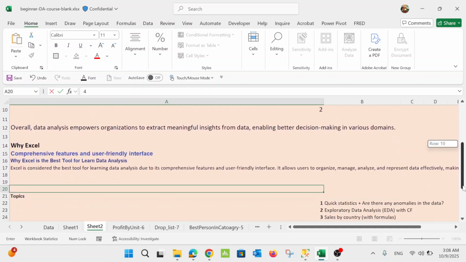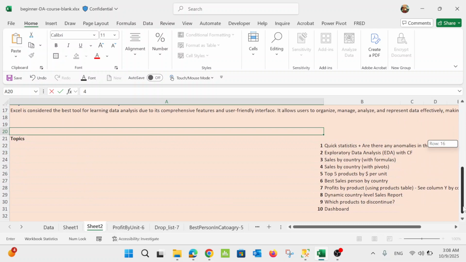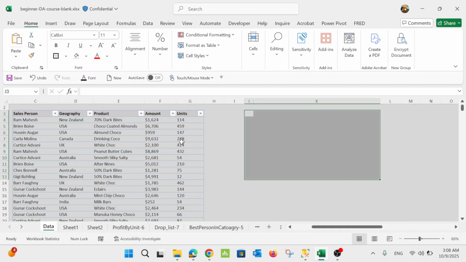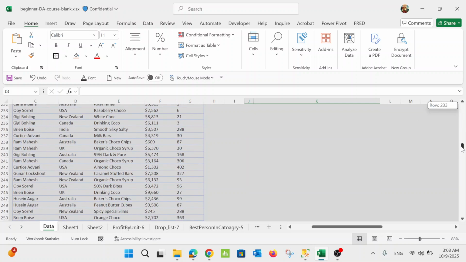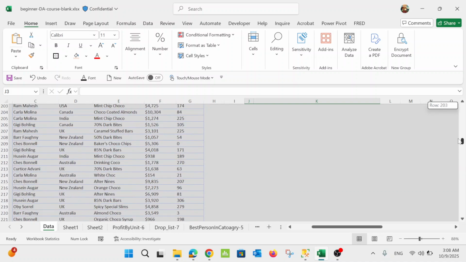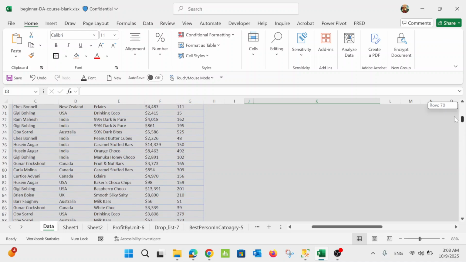So my class is, as I said, very practical. It depends on real-life examples. In the example that I go through, I have this raw data. It's sales for some company, or maybe I downloaded it from somewhere. If you see this table, you can imagine like 300 rows of data, but it doesn't give you anything.